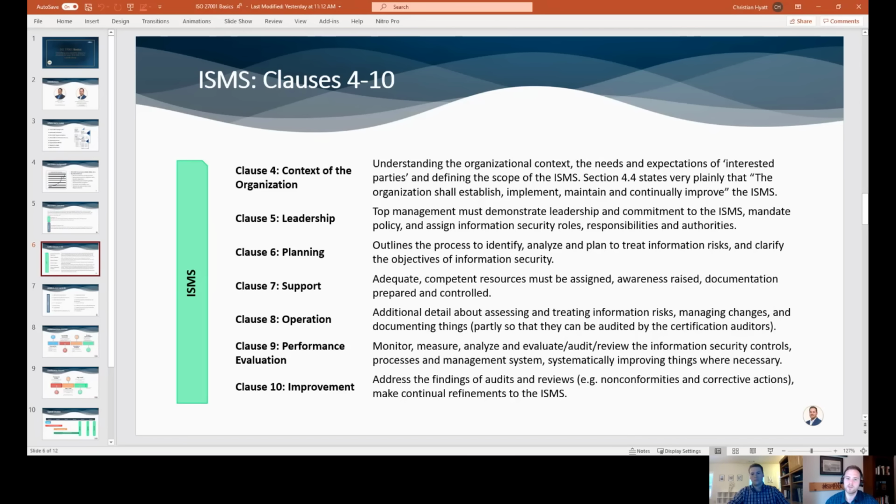In clause 6 is where you'll see the word risk assessment in 6.2, so executing a risk assessment. And then you get down into operations where it talks about planning against your risk assessment. So presumably you've done a risk assessment, and that's going to impact how you plan and operate your security program. And then clause 9 is doing your own self-assessments.